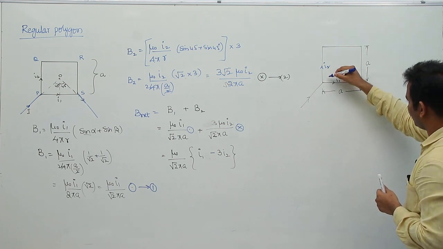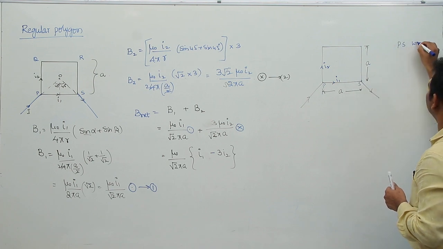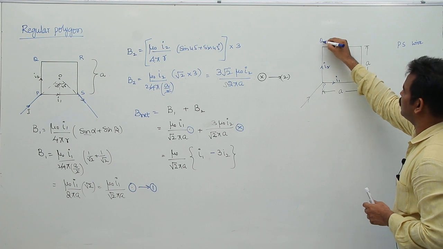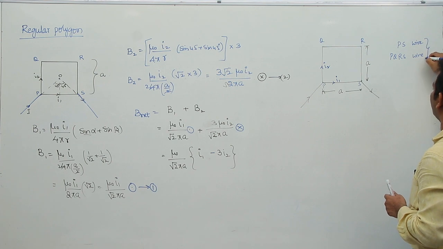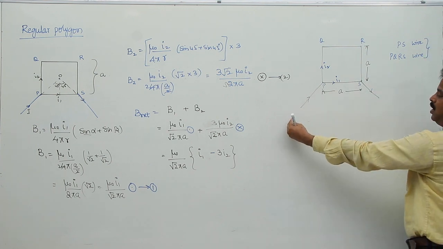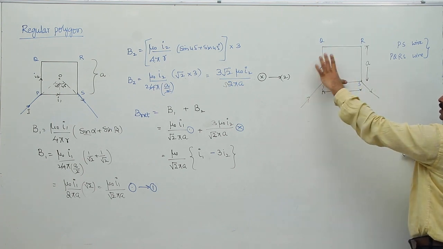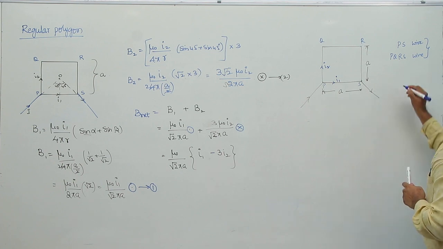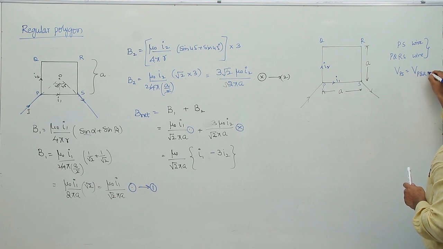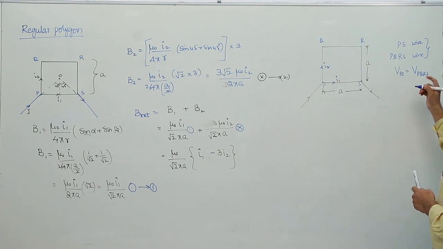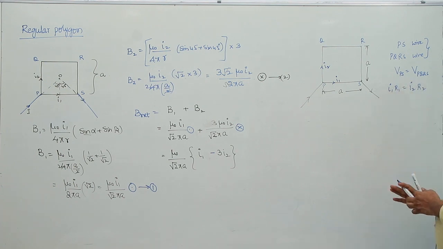So, this first wire, this one between P and S, the PS wire, and the PQRS wire. Both are connected in parallel to the battery, because whatever current comes here will divide into 2 parts here. Whenever current divides, we can say these are connected in parallel. So potential across PS and potential across PQRS are equal. As the potential is equal, I can write I1 R1 is equal to I2 R2.